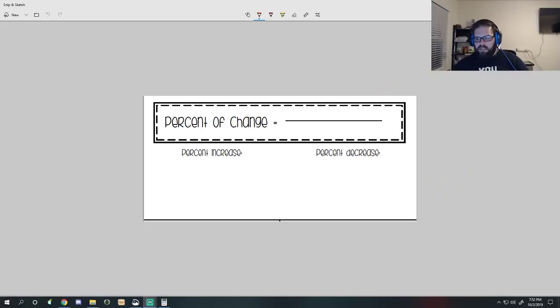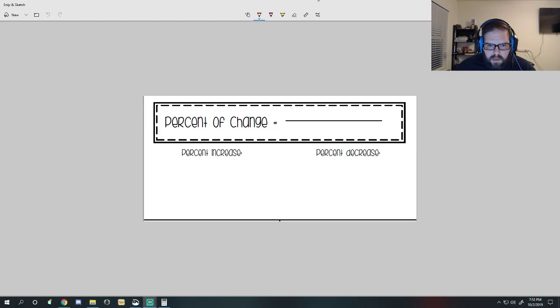Alright, so now everybody should have their foldable in their notebook and ready to take notes. So, what you guys are going to see is when you fold open the top part here, it's going to look like this. Percent of change equals line. Well, fear not, percent of change does not actually equal line. Percent of change equals words. It actually equals